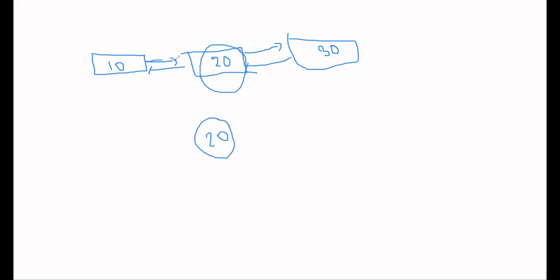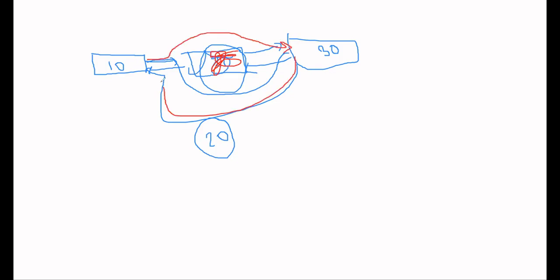Our function should simply delete 20, and 10's next should point to 30, and 30's previous should point to 10 now. Is the question clear to everyone? This node should be deleted, and 10's next should point to 30, and 30's previous should point to this 10.